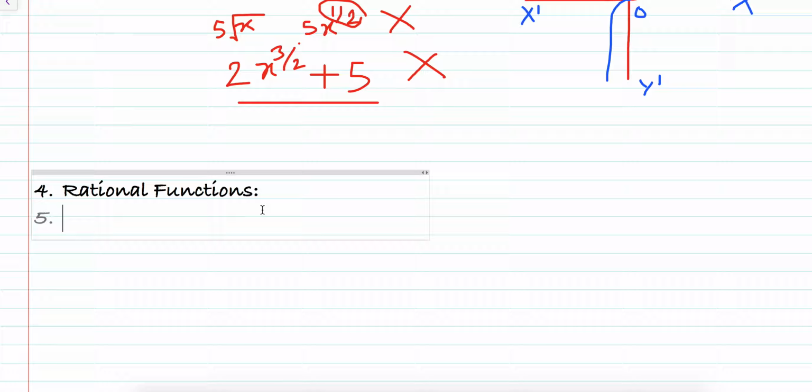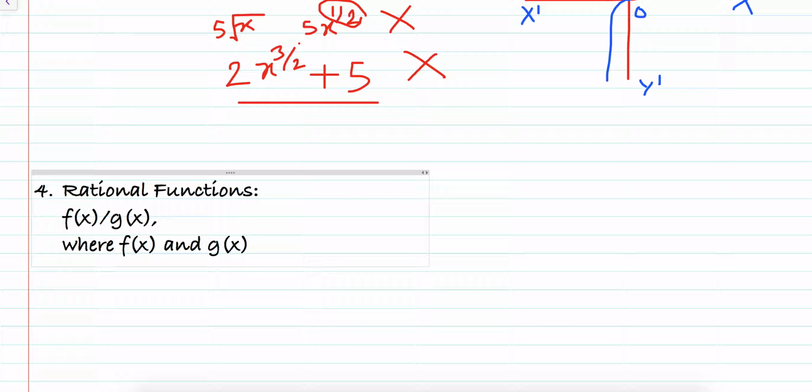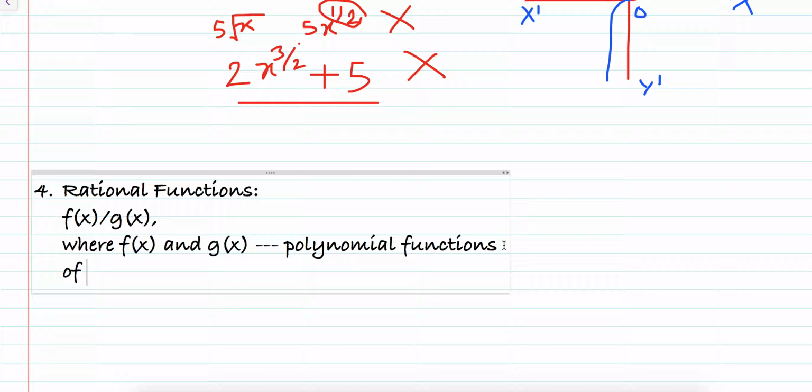So similarly for rational functions, it should be of the type f(x) is one function and g(x) is another function, where both f(x) and g(x) are polynomial functions of x,